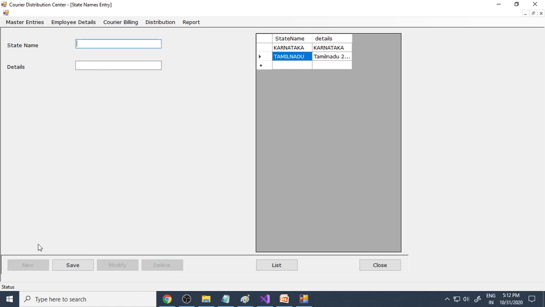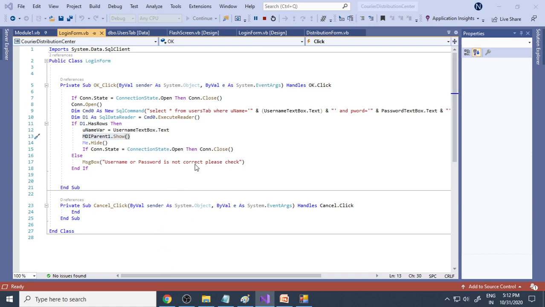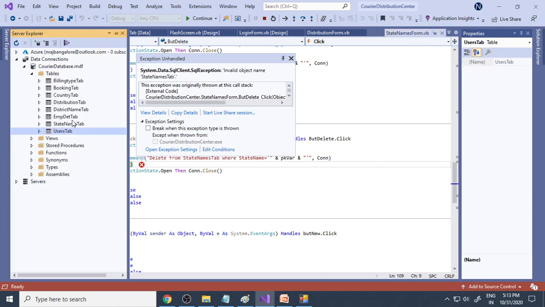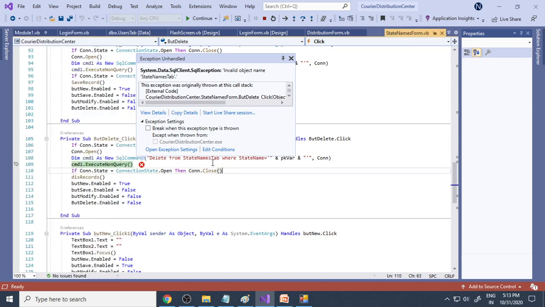In case you don't want, so let's say I have some data here, so save. So now I don't want this data. So when I click on this data, you can see that both modify and delete are enabled. You click the delete button. So maybe something is wrong. Okay, state names actually. So here is state names. Here is names and here is a name actually. So therefore this S is not required.